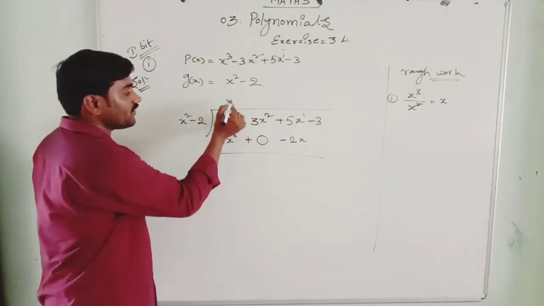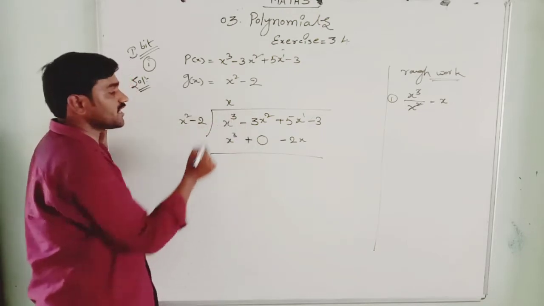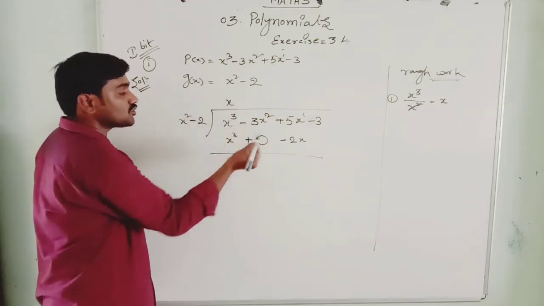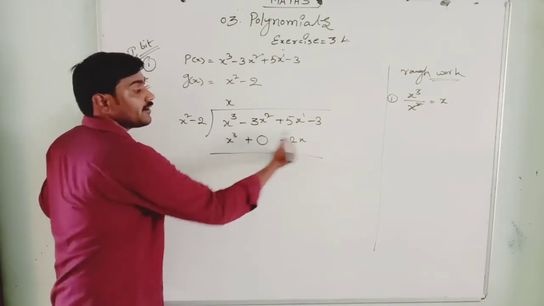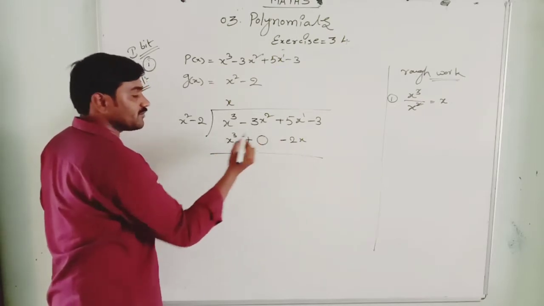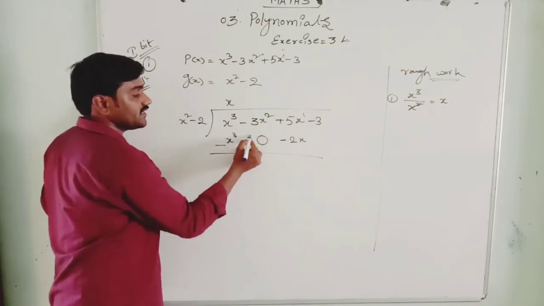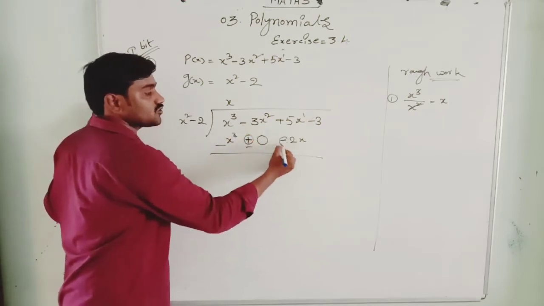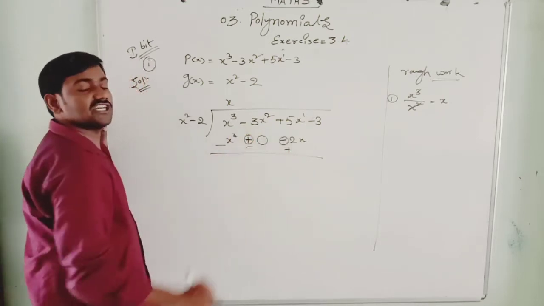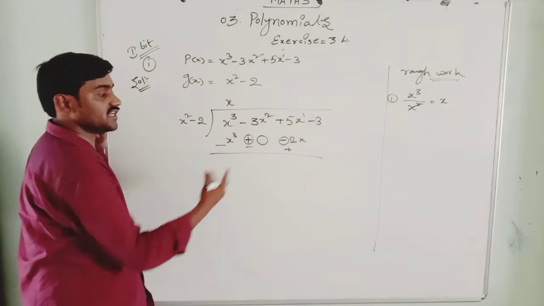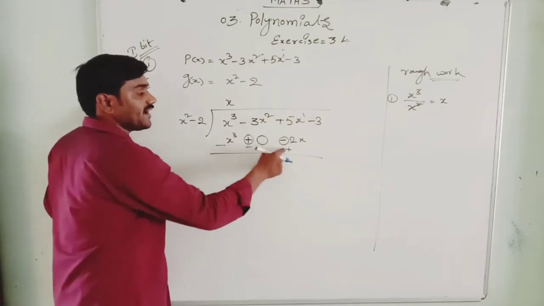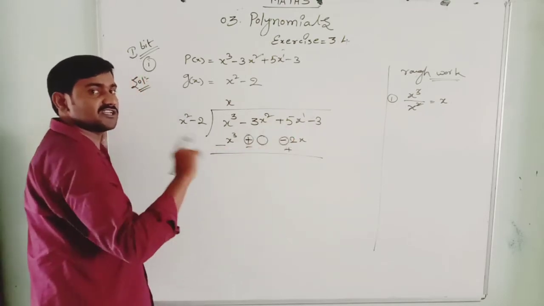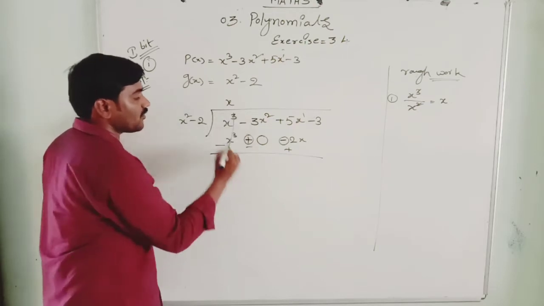So what we have to do is cancel this. Directly we cannot cancel because both are positive, plus and plus. So what I will do is multiply this second polynomial expression with minus. Here it is plus, so I put minus. Here it is minus, so I put plus. I will just change their signs. If you multiply with minus, all the signs will be changed, plus like a minus, minus as a plus. Now we can cancel this.